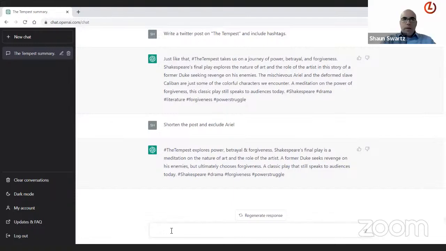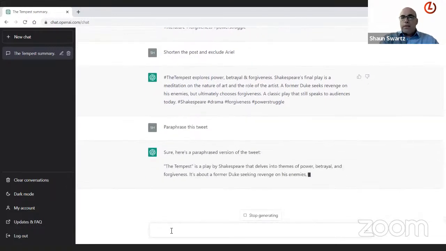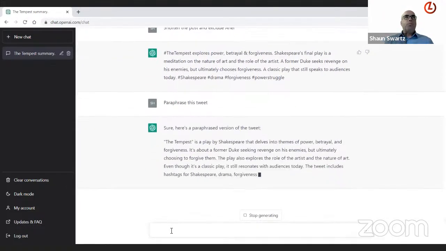plagiarism is so important. We need to stay away from it as much as possible. We need to explain to students that they need to stay away from it. Paraphrasing is so easy. We can even say, paraphrase this tweet, and we've done it. But these AI systems are getting really, really clever. And in fact,